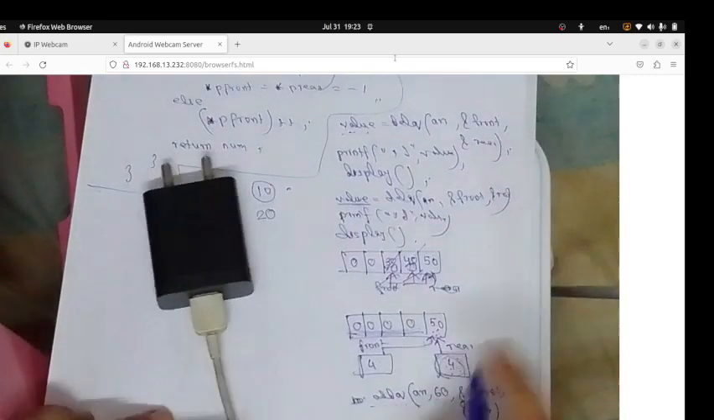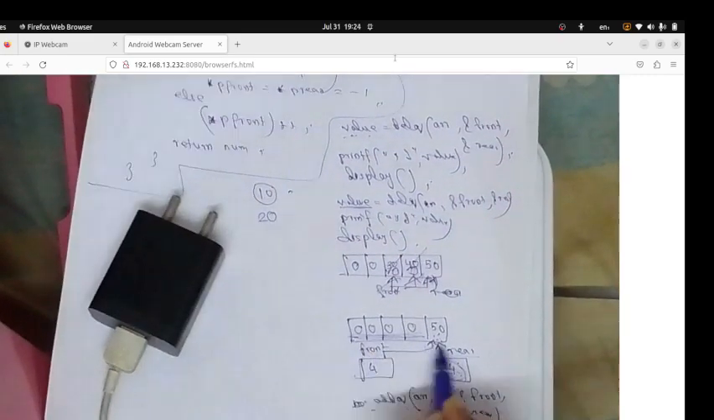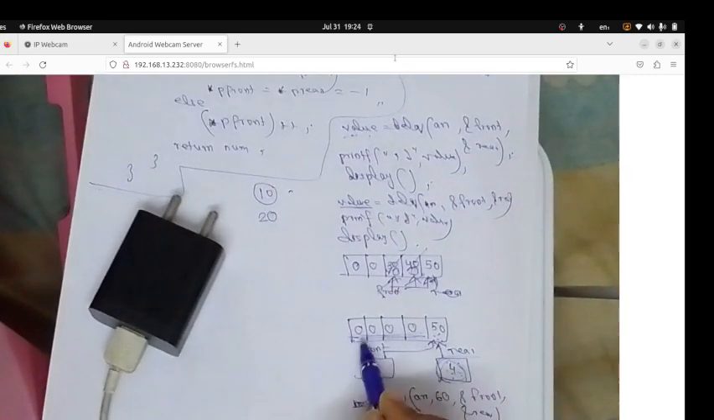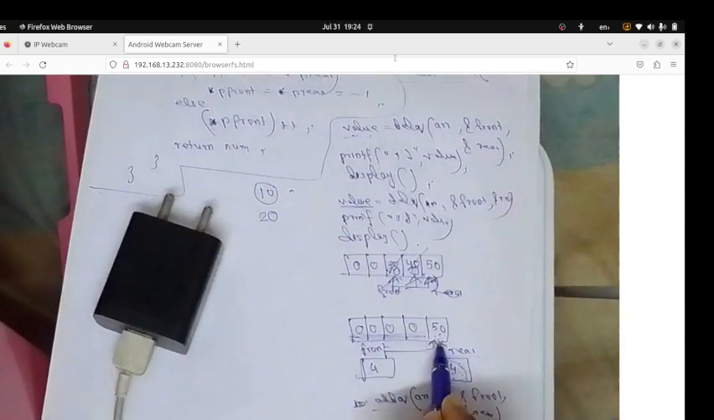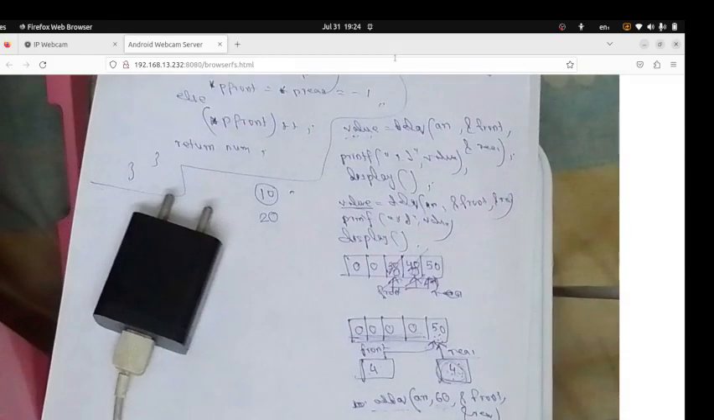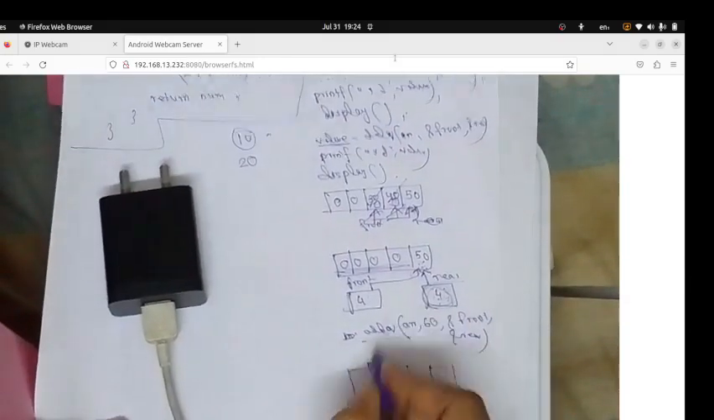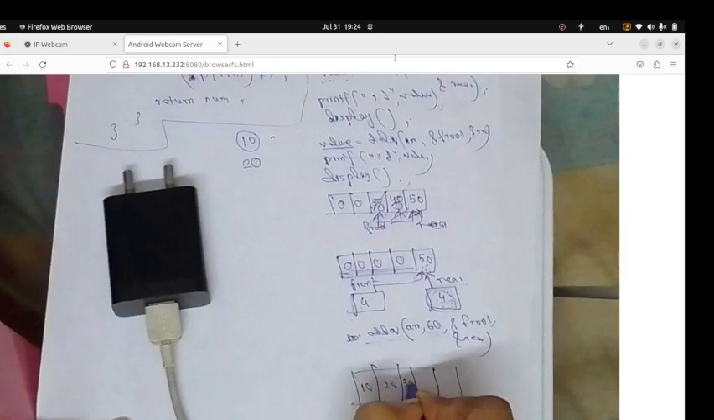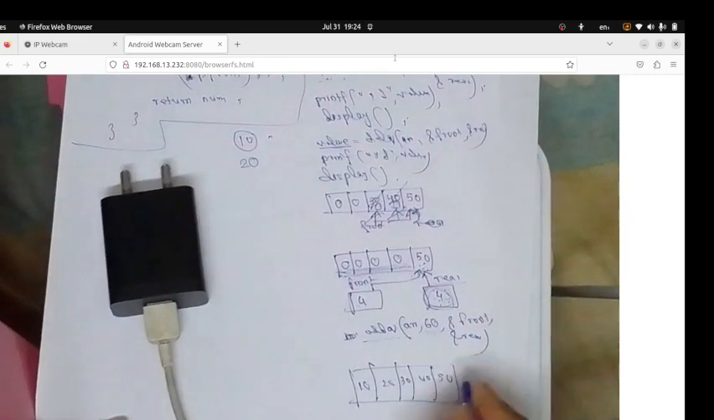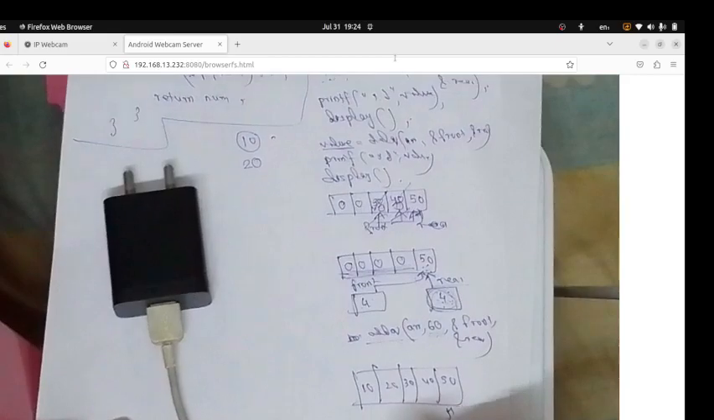So this is the case where front becomes 4 and rear also becomes 4. Now this case will be reported like this: 10, 20, 30, 40, 50, that this rear value equals